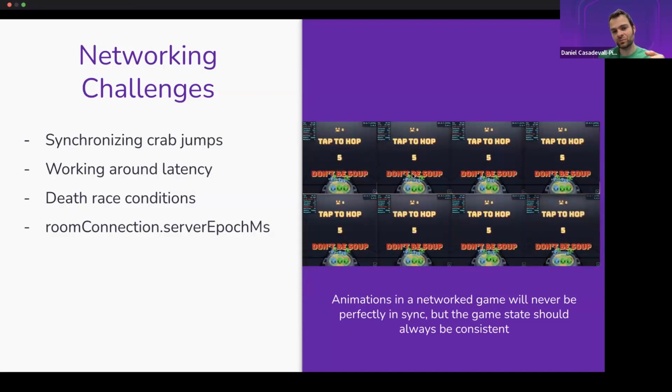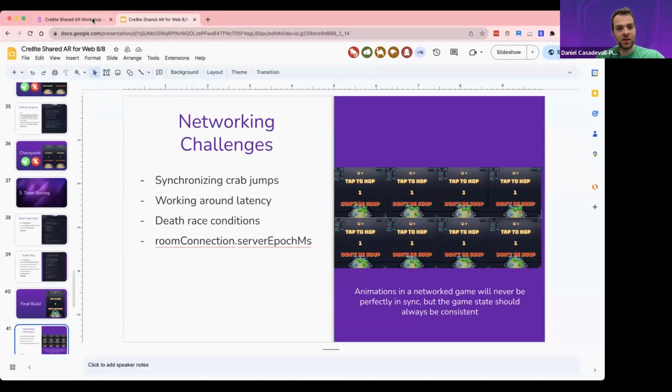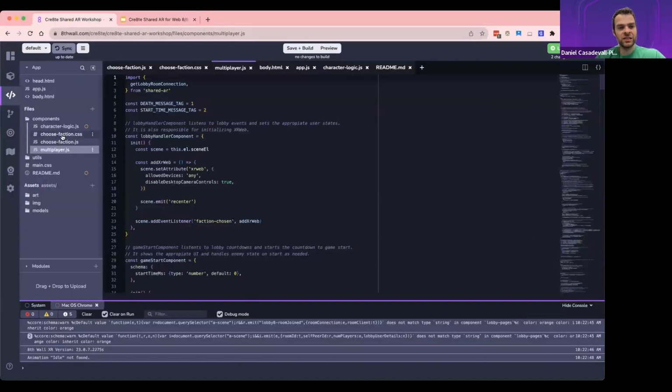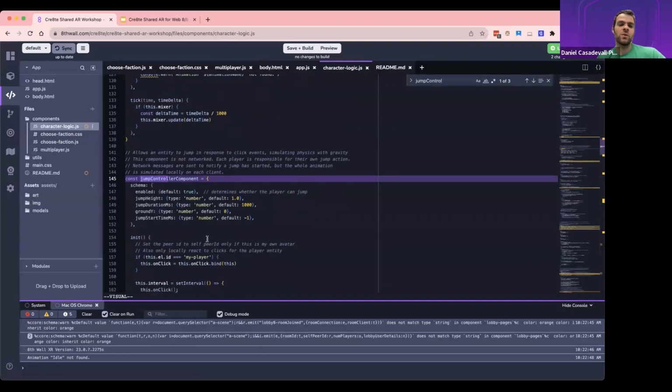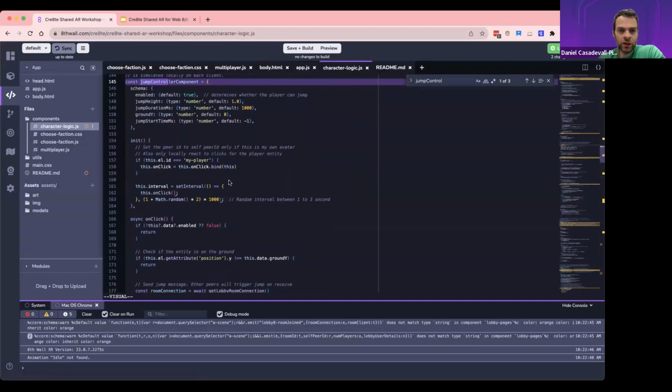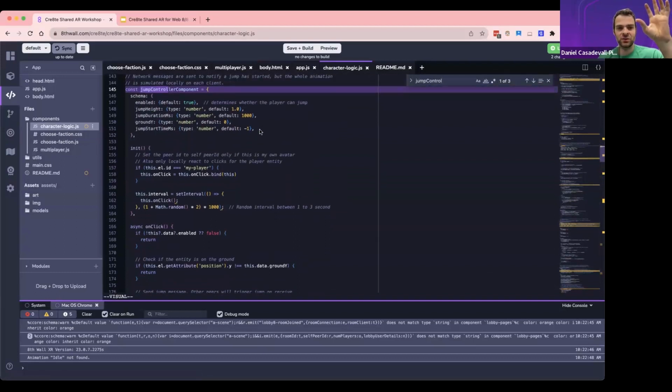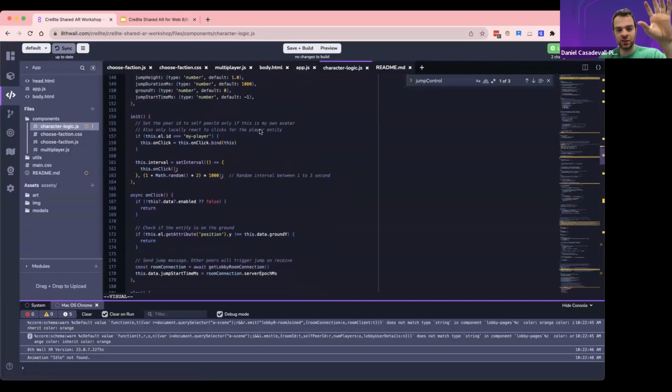And so in order to synchronize this jump, I'm going to jump into code here. What we did is there is a jump controller component that handles jumps locally and also handles jumps for other crabs. So this actually does a little bit of both.